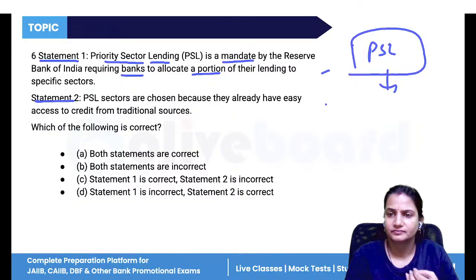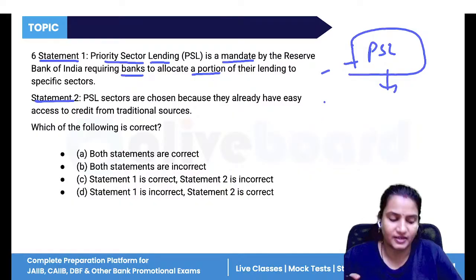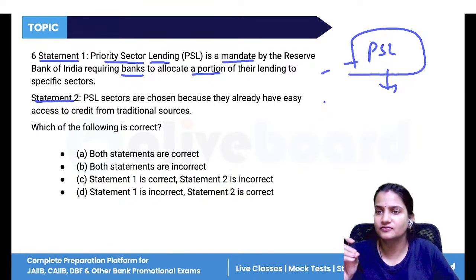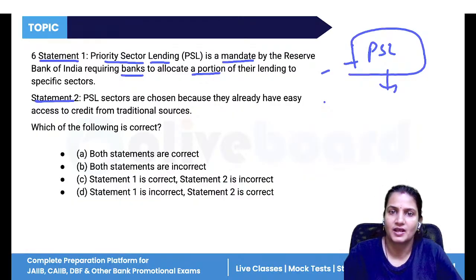Okay, where the checking and all these things, the information gaining, these are very less. So banks provide loans to those sectors only, and they ignore the loans to the sectors which are underbanked or underserved. So that is why RBI has said that some sectors will be kept under the priority sectors. Now, these sectors will be, as said, priority sectors to whom the bank has to mandatorily provide the loans. So, it is a mandate by RBI.